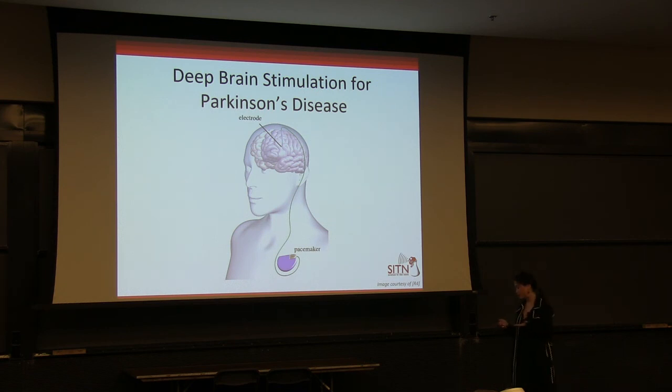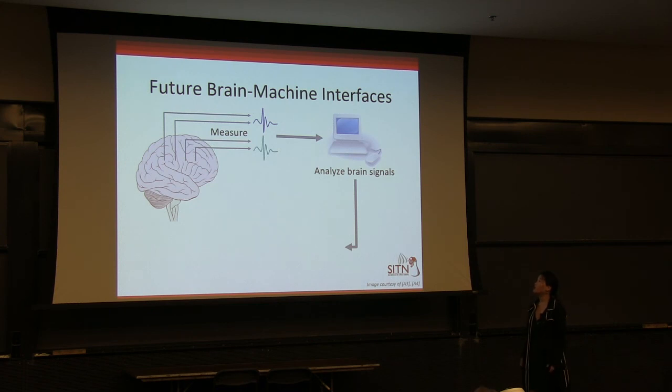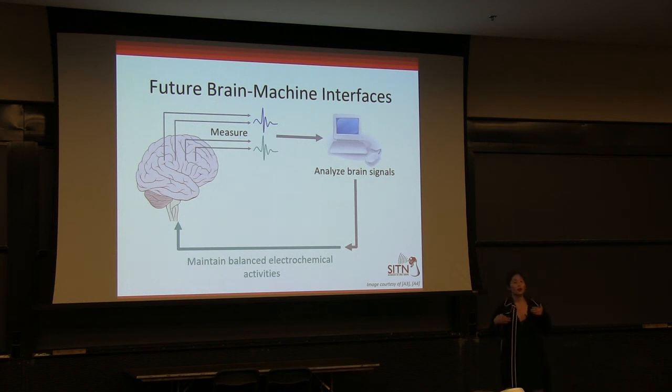And so these are just two existing examples of where brain-machine interfaces can go. So instead of controlling a machine, I want to talk about how we can use brain-machine interfaces to help regulate your brain, to balance these electrical and chemical activities, which are really at the heart of a well-functioning, healthy